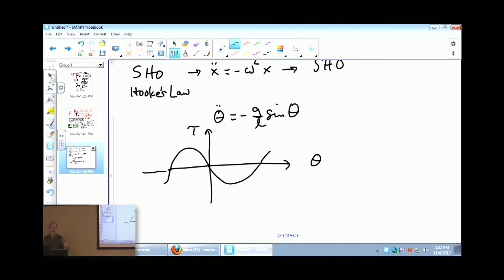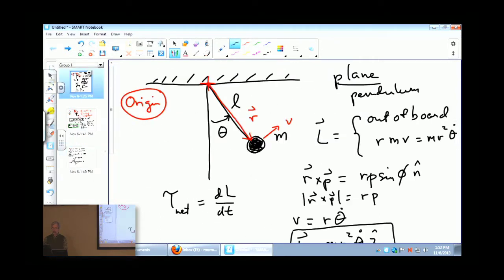You don't know how to solve this differential equation. I don't imagine anybody in this class knows how to solve this differential equation. It's a tough one to solve. Okay? All right, so now, however, let's make the following approximation, which we know physically,